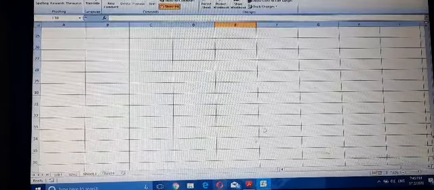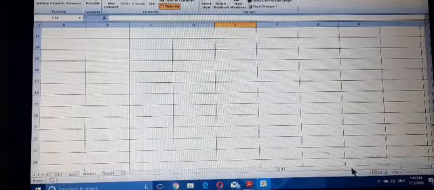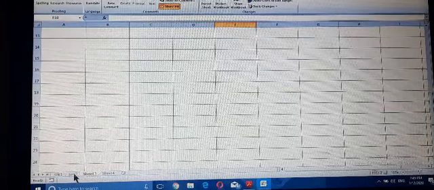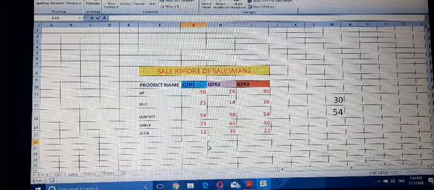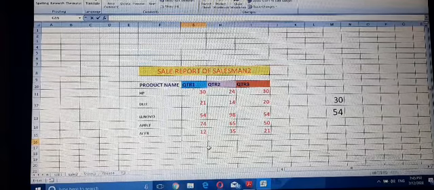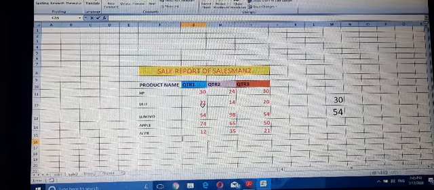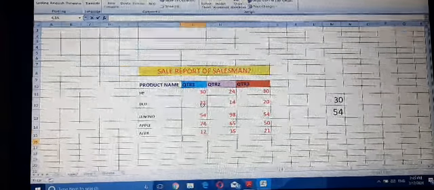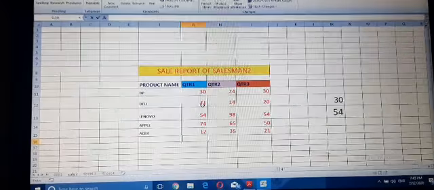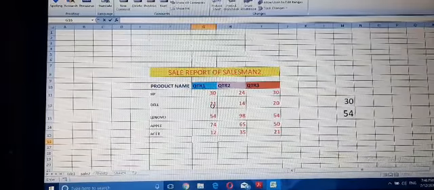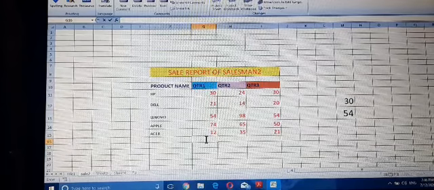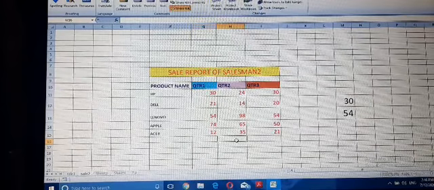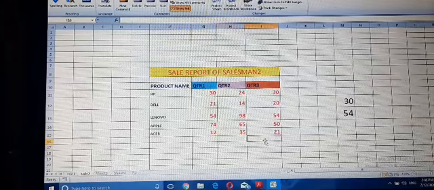Open MS Excel. Suppose I want to sum the total number of cells in quarter 1 here, in quarter 2 here, and quarter 3 here.